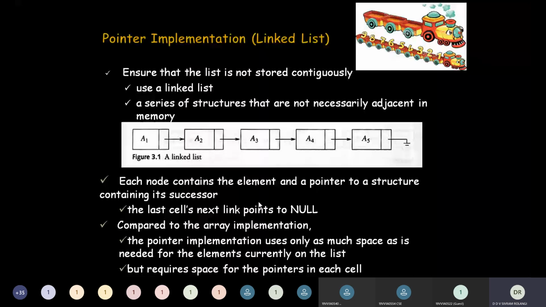So don't create arrays with large sizes, like say an array of size 100, even though you are using only a few elements like 10 or 15. The remaining 85 or 90 locations are going to be wasted. Here in the linked list case, as and when it is required, we'll create a new node by means of the dynamic memory allocation functions.